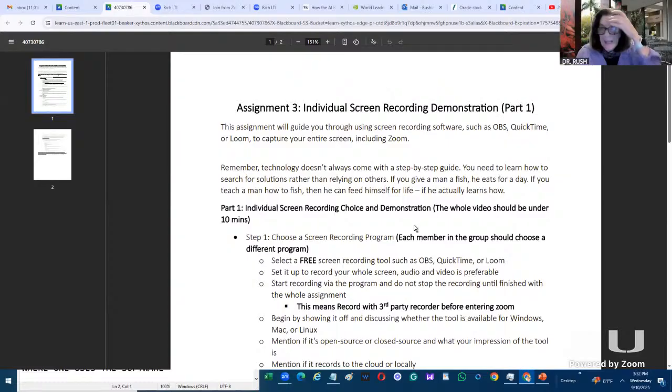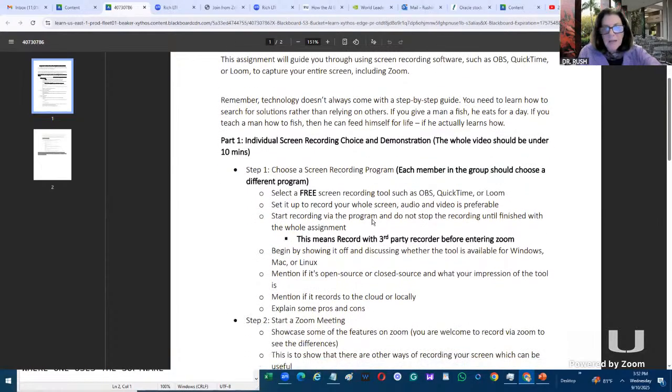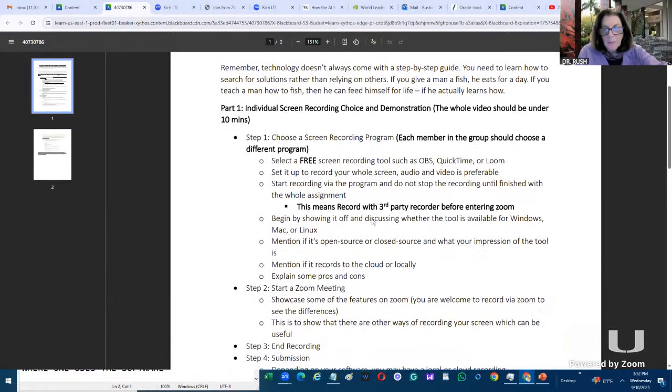Exactly. And the beauty here, Ava, is once you find out yours, it will have strengths and weaknesses just like anything else. But you'll be able to know which software works best for what type of problem you need to face. And you'll have in your toolkit a lot more than one. So you'll be able to choose it first, and then you'll go step by step. You'll choose a recording program,